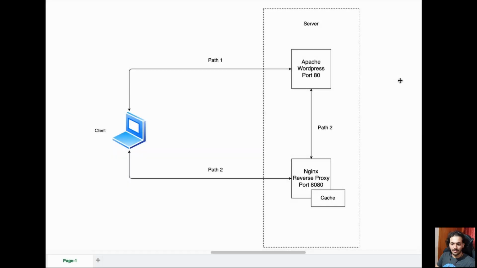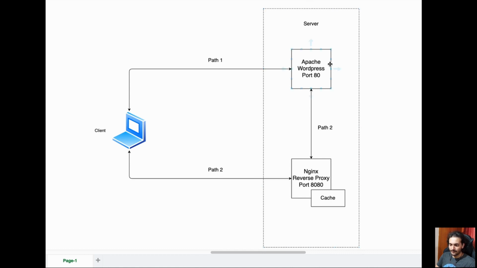So for this video I have a very simple setup, and as you can see there is a client here on the left side, and on the right side we have a server which is set up. I'm just using a quick VM which I set up on Azure here. Okay, and on the server we have basically divided it into two parts. We are running two processes.